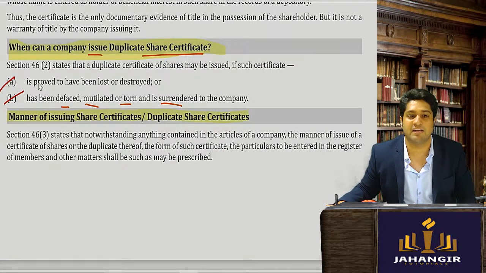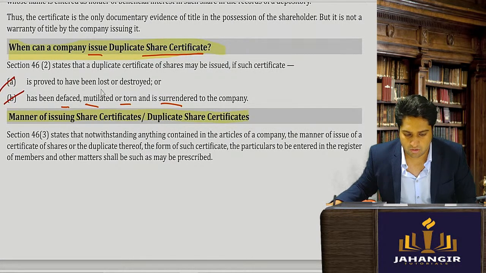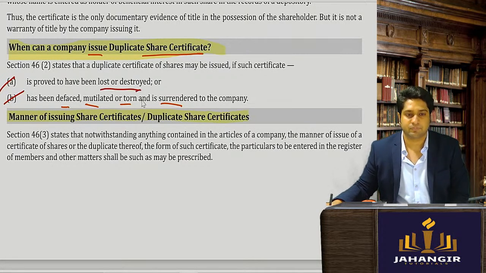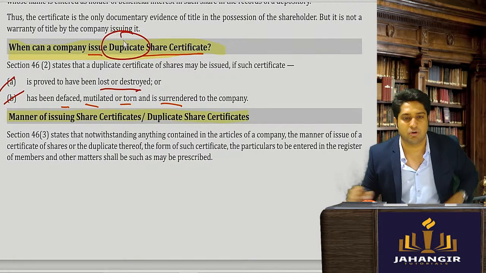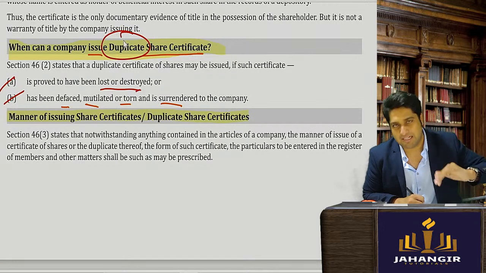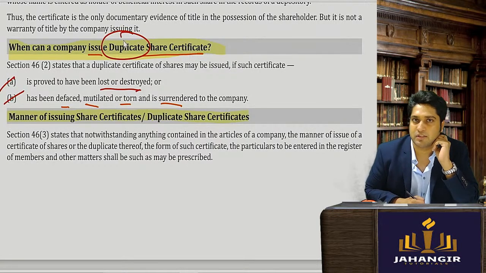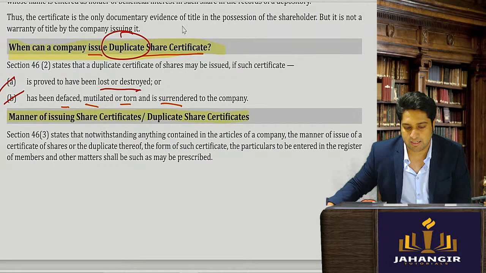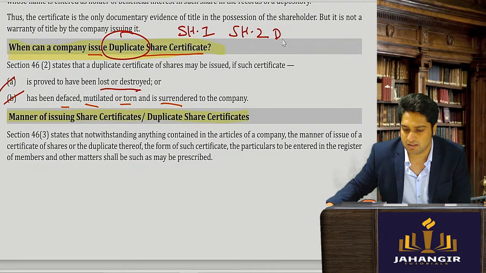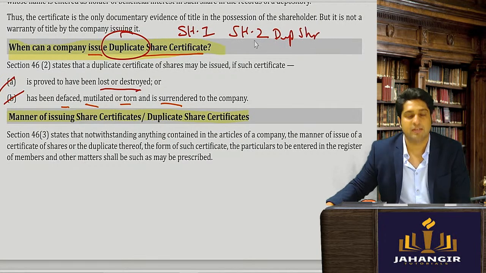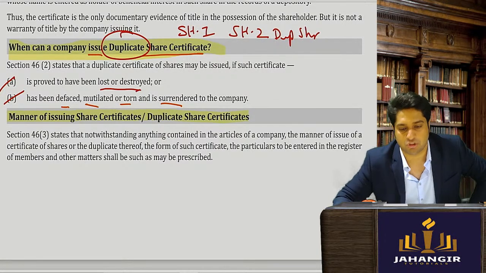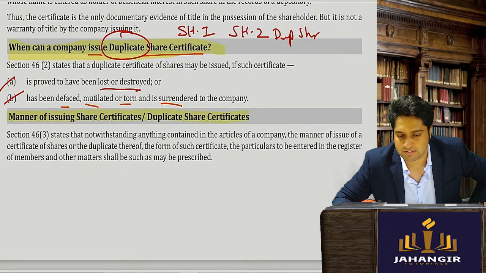I want you all to tell whether case A or case B. Now, you've lost or destroyed it and you're asking for duplicate share certificates. So original share certificates are in SH1, duplicate share certificates are in SH2. So when it is lost or destroyed or torn or defaced or mutilated,